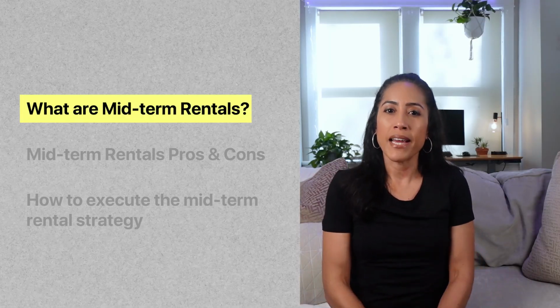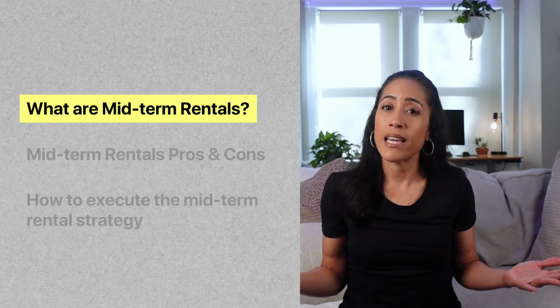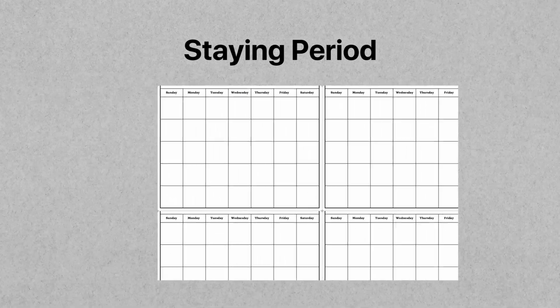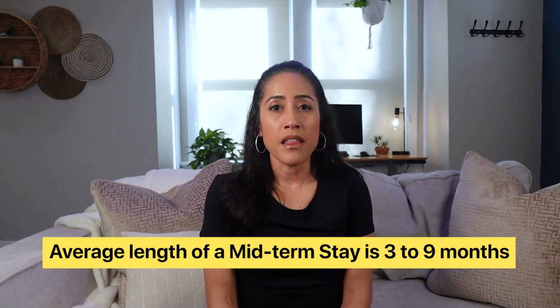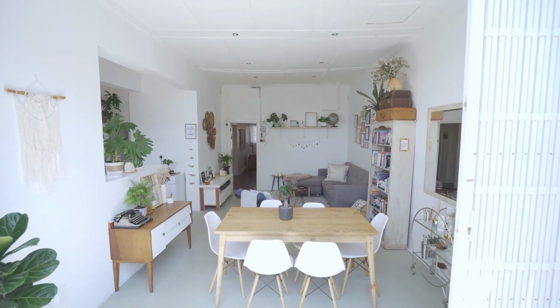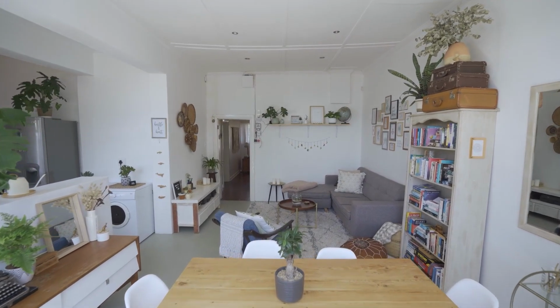Let's start by defining what a midterm rental is and what kind of guests stay in midterm rentals. A midterm rental hosts stays that are between 1 month and 1 year, and usually less than a year. Industry experts say that most midterm stays are between 3 and 9 months. Midterm rentals, like short-term rentals, are also furnished, and they provide at least the basic amenities like Wi-Fi, furniture, basic